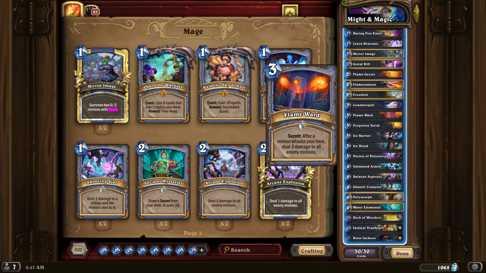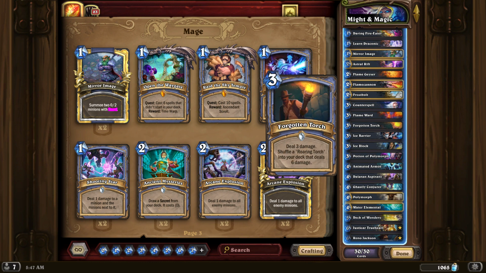Works exactly the same way, just does 1 more damage. So, Forgotten Torch. With this, you deal 3 damage initially, and then you shuffle in a 6 damage card for 3 cost as well, I believe, if I remember correctly. So not too bad, and you can use that on anything. So you can use it as a